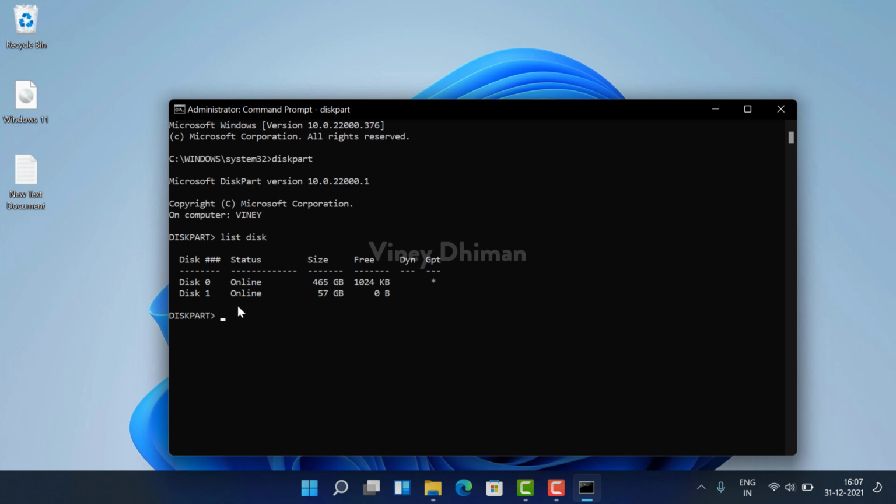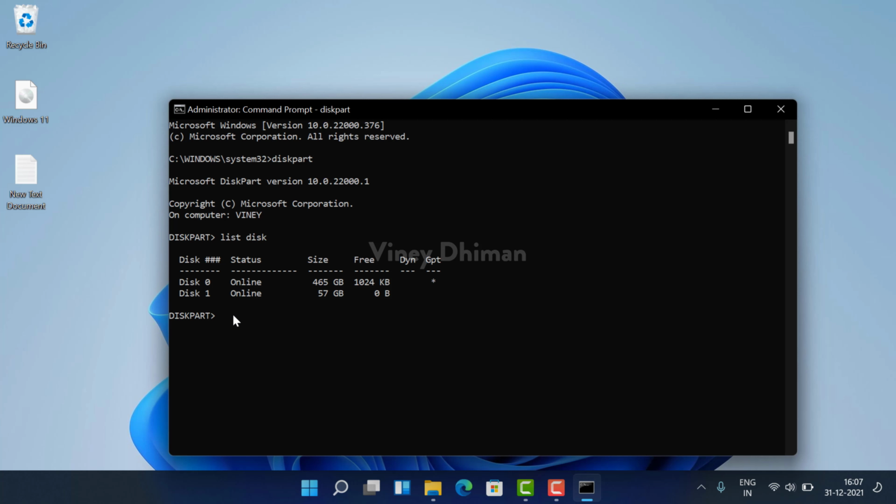You need to find out the disk number of the USB stick that you are going to turn into a Windows 11 bootable USB stick. In my case it is disk 1, but it is possible that in your case it is disk 2. So you need to confirm the disk number.